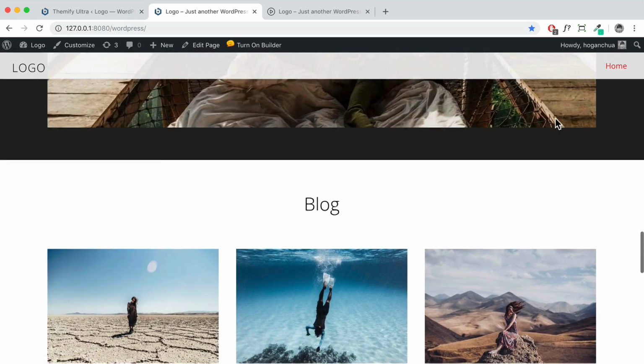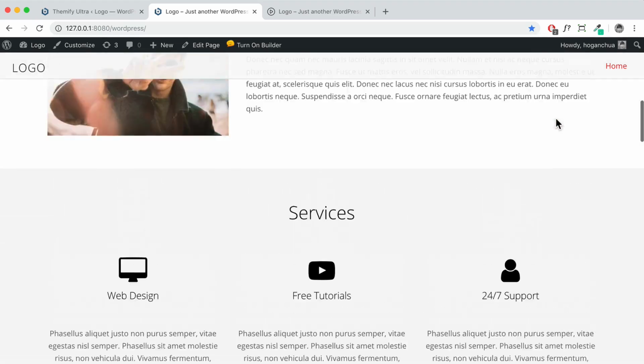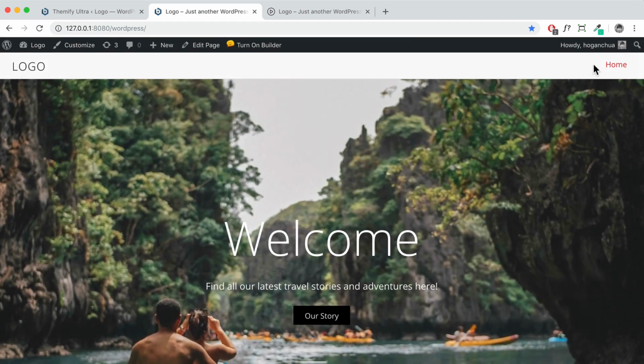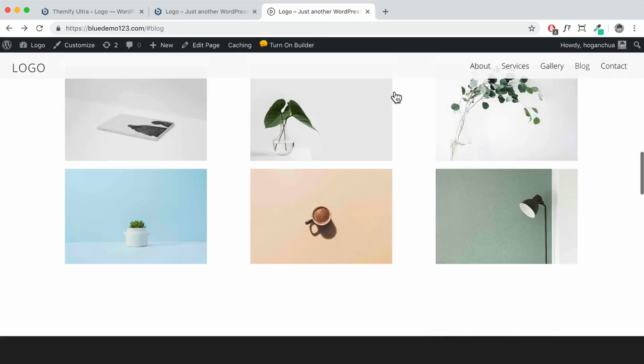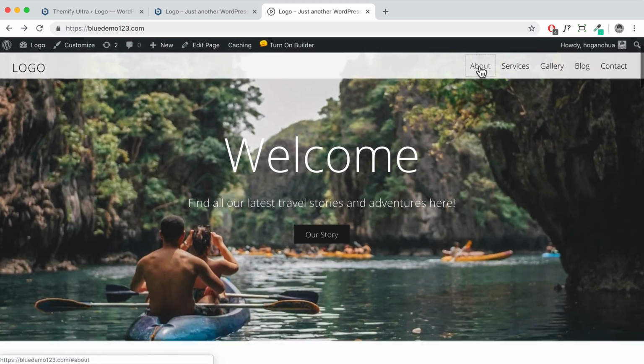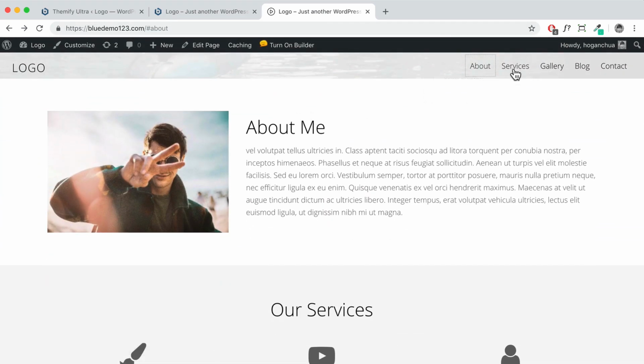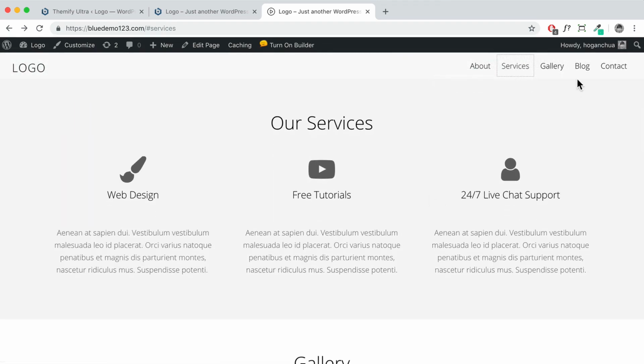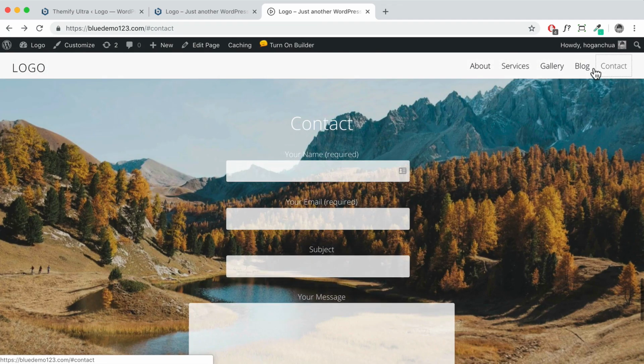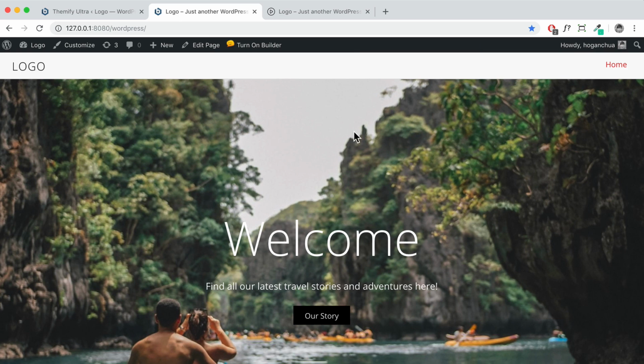What I'm going to show you is actually how to add in a menu right now. Okay, so right now you don't have any pages. We've only got one page. But what I'm going to show you how to do is, if I actually go to the demo website, if people click on the about, it's going to scroll to the about. If they click on services, it's going to scroll down, and so on. Okay, so to do that, we can go back here to customize,